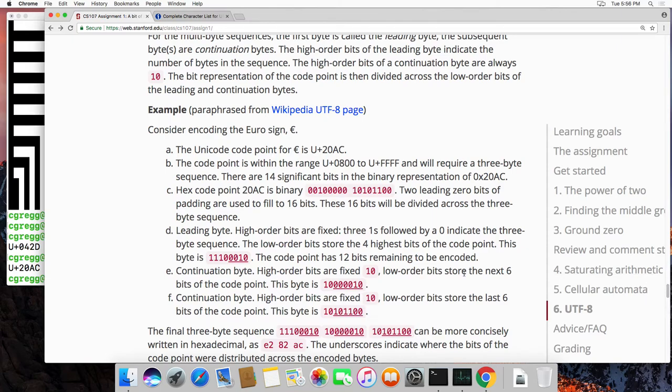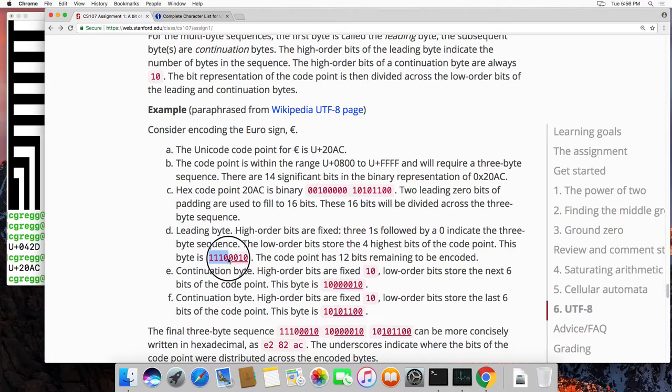Okay, 1110, and that's this part. That's going to be in any 3-byte UTF encoding. Okay, why is it doing this? It actually is doing this so that it can uniquely determine where bytes start and end. It's actually very clever. If you remember the Huffman encoding